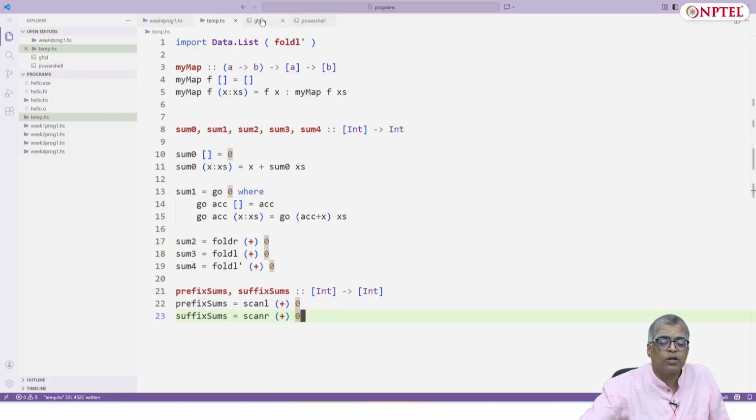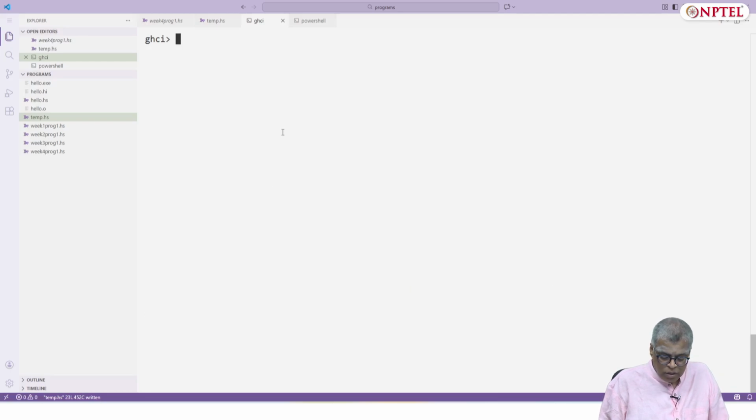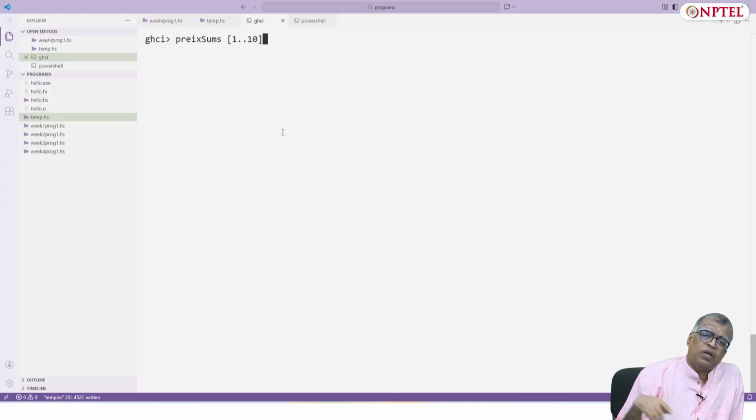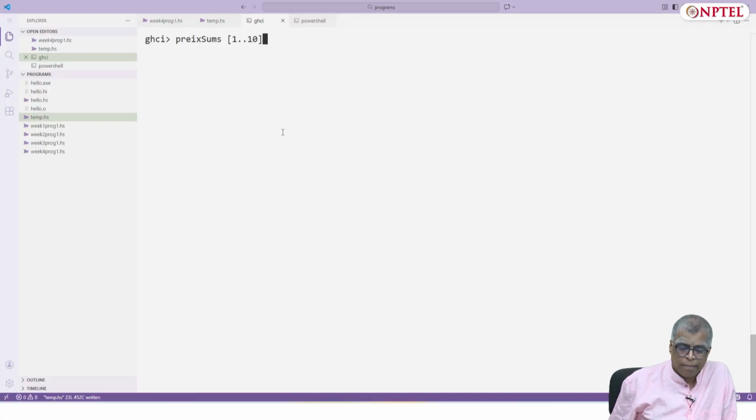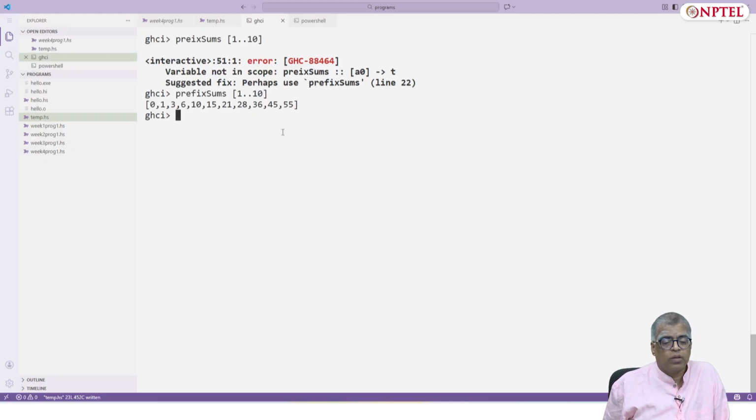If I go here and do a reload, prefix sums of, let's start with a simple example, 1..10, I should get 0 for the empty prefix and then 1, 3, 6, 10, etc. Yes: 0, 1, 3, 6, 10, 15, 21, 28, 36, 45, 55.